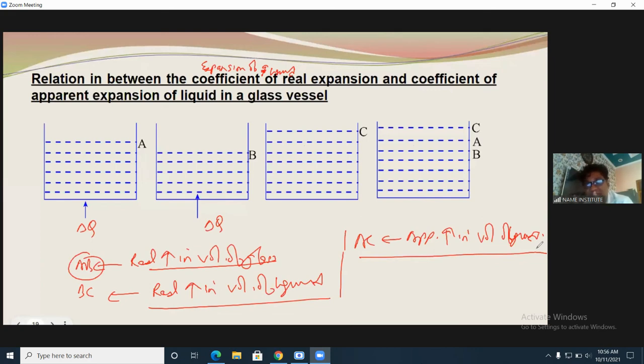Okay, listen carefully. Suppose we are heating milk in our kitchen. Just imagine that we are heating milk in our kitchen. Initially, we find the level of milk is at A before heating. Now, whenever heat is given to the vessel, suppose this vessel is made of an aluminum pot or maybe a steel pot. When heat is given to the vessel, that heat will be taken by the aluminum pot or steel pot.